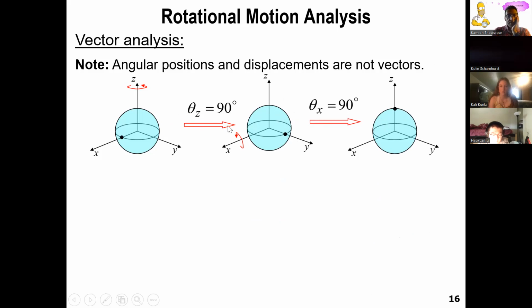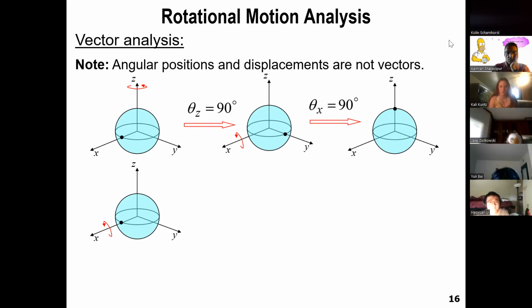Now I'm going to switch the order of the displacements. I'm going to go with theta X first and then theta Z second. If this rotates about theta X 90 degrees, where does this point go? Yun, where does the point go? If this sphere rotates about X 90 degrees,